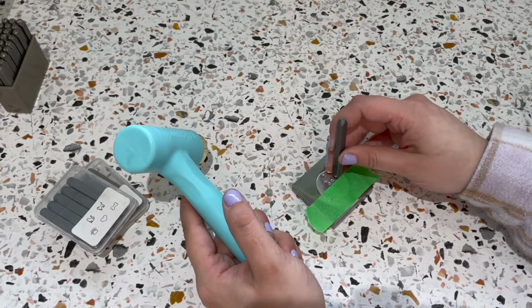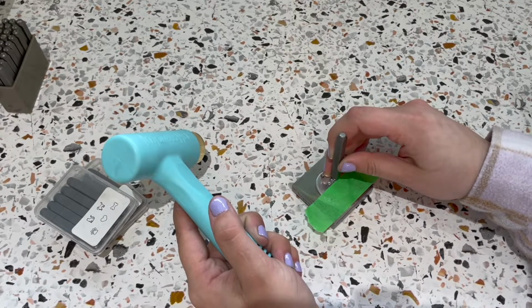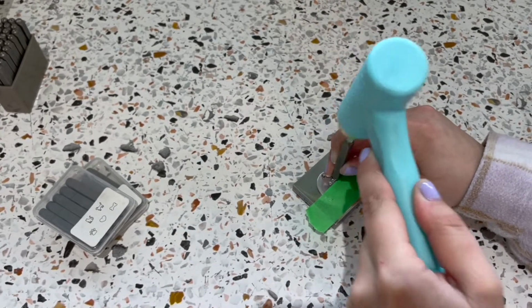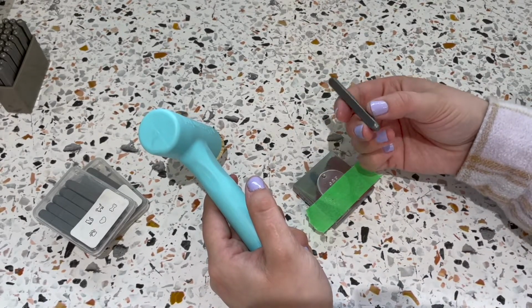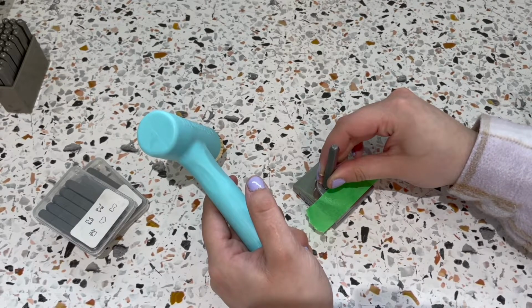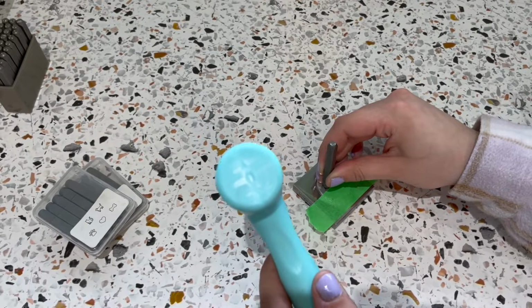So what I always like to do is just look in the reflection of the metal and see that my font is the right way. And they do come oily, which I'm not the biggest fan of. I don't really like how they're oily. I'm not really sure why the sides being oily would affect anything, but